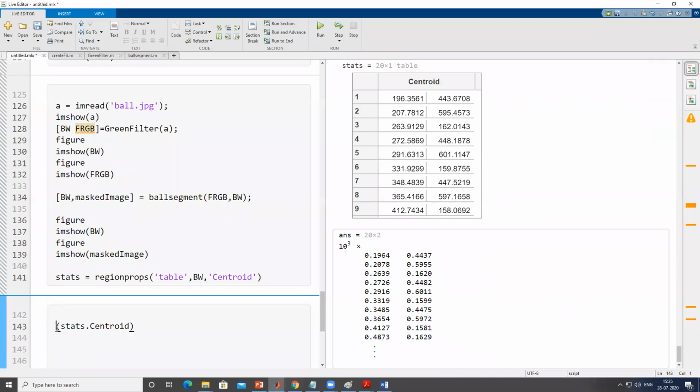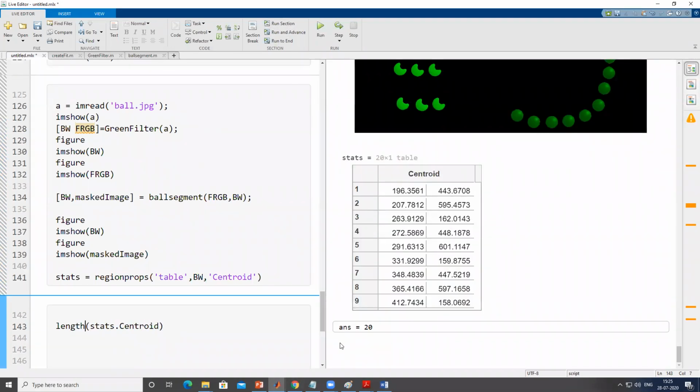Say I give the length of this matrix. Yeah, so here you can see it shows the answer 20.